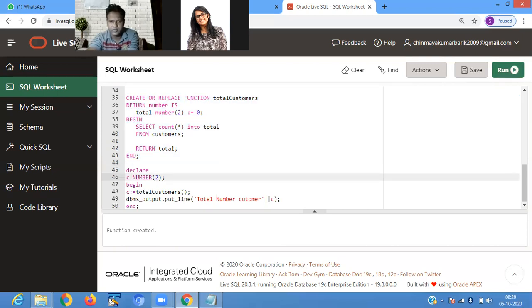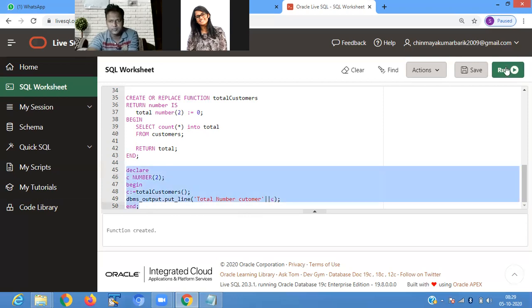Here we define a variable c of type number, then call the function total_customer. It counts the total number of customers and stores it in the c variable, and it prints: total number of customers is 6.